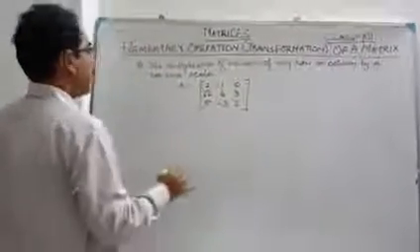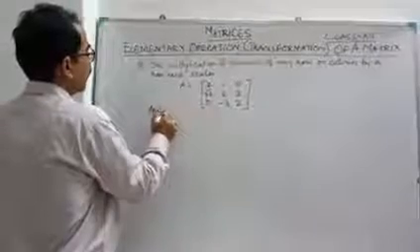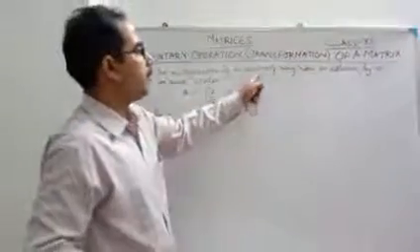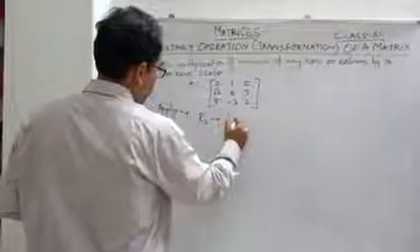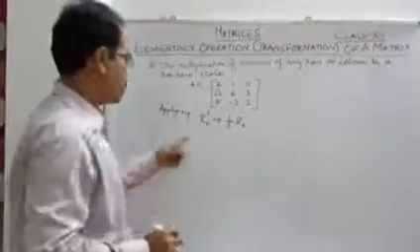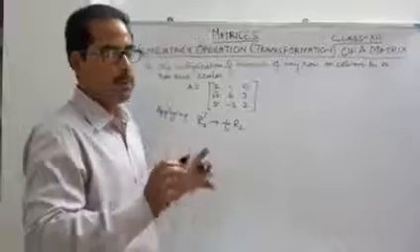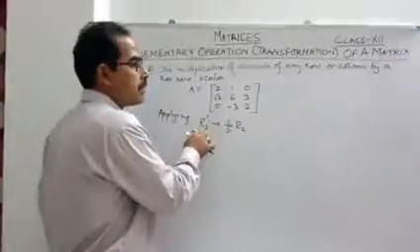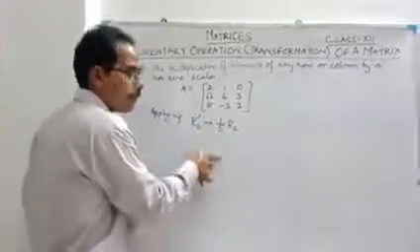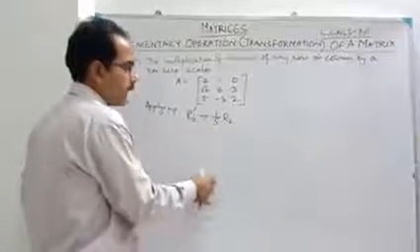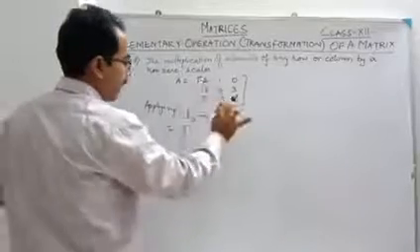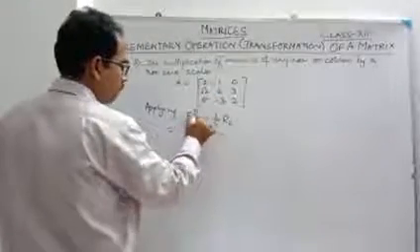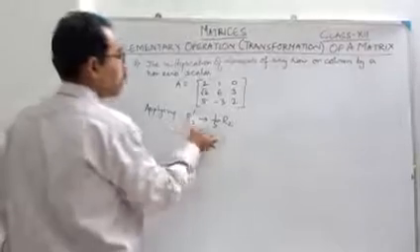Okay, now applying the operation I told, the multiplication of elements of any row. So first of all I am taking the row. So applying, suppose R2 tends to 1 by 5 R2 prime, because if you want to make it change, R2 prime is the new R2. That means whichever row you are framing, the second row, and this R2 means the previous one. So what we will get, R1 will remain as it is, so 2, 1, 0, but R2 will be changed. That means R2 prime is equal to 1 by 5 R2.